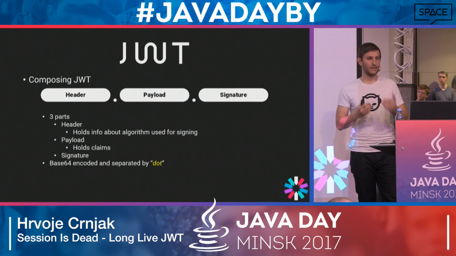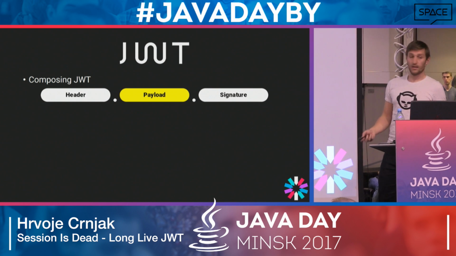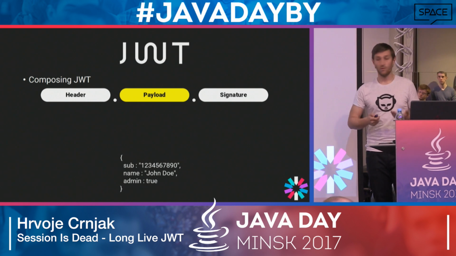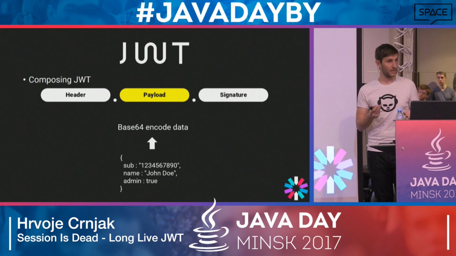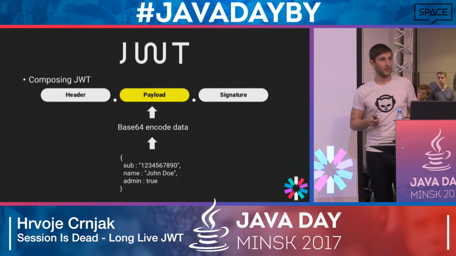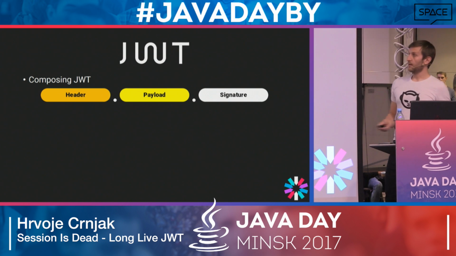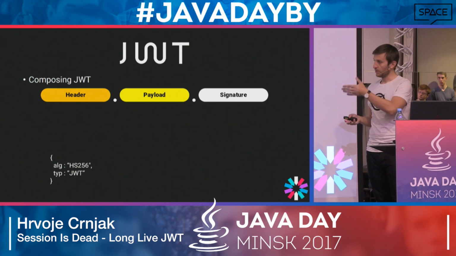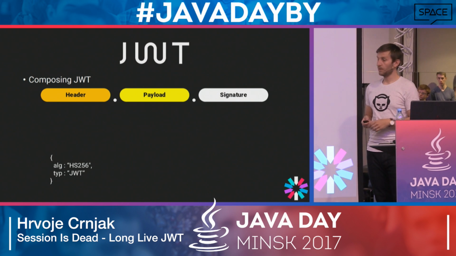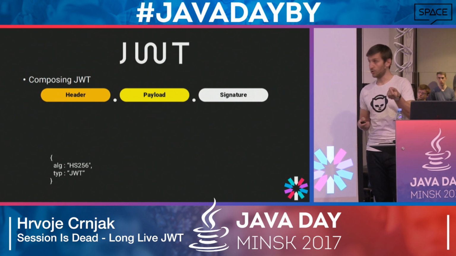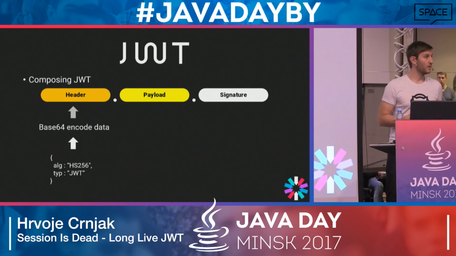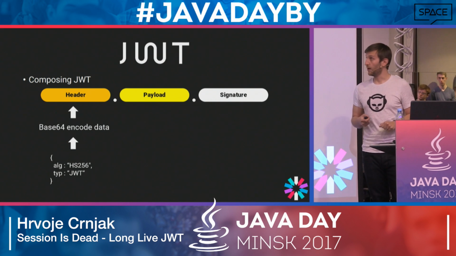Now let's see how this works on an example. Okay, so first we'll tackle payload. So we'll create an exemplary set of claims. Now what do we need to do? Well, of course, we need to base64 encode this data, and then we put it inside the payload part of our token. Next, we'll tackle header. So we create a header. Headers usually look like this. The important part of this is that algorithm parameter, which holds the ID of the algorithm used for creating a signature. Now what do we need to do? Again, we need to base64 encode this data,